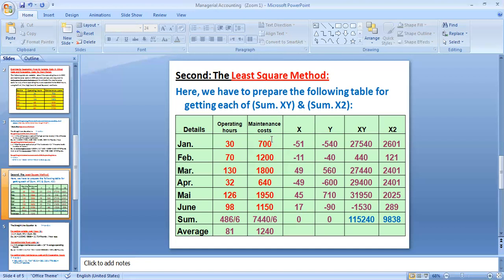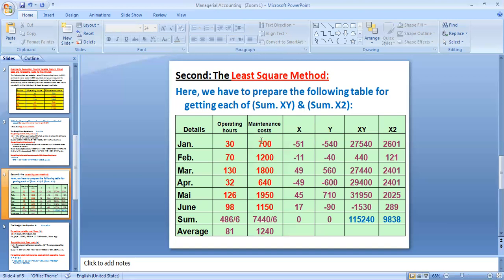These are the hours and these are the costs. If I want to get what is called X, shall I get X from hours or from cost? Remember again, the straight line equation says that Y equals A plus BX, which affects which? X affects Y. That's why X is the independent. The independent here is the number of hours, and the dependent, or the Y, is the maintenance cost. So through hours, I will get this column of X. Through costs, I will get this column of Y,